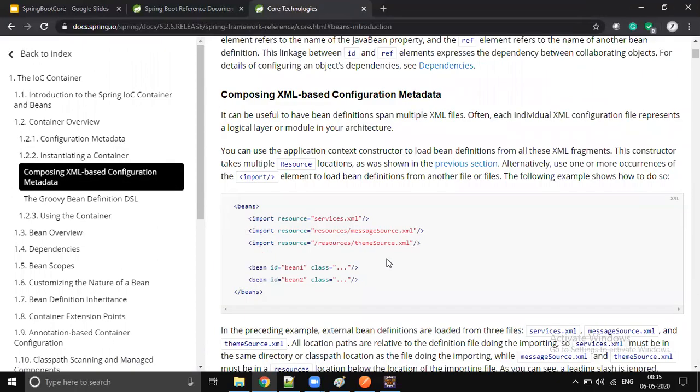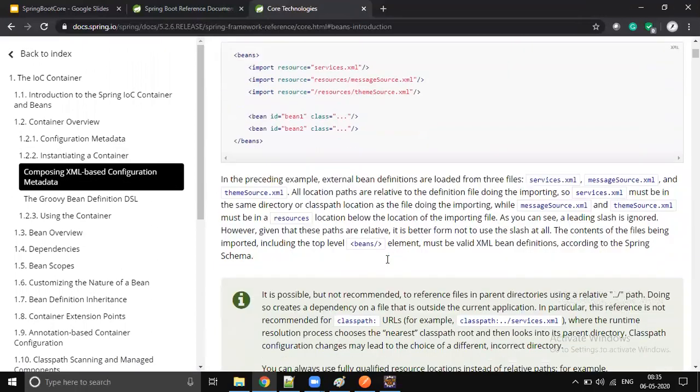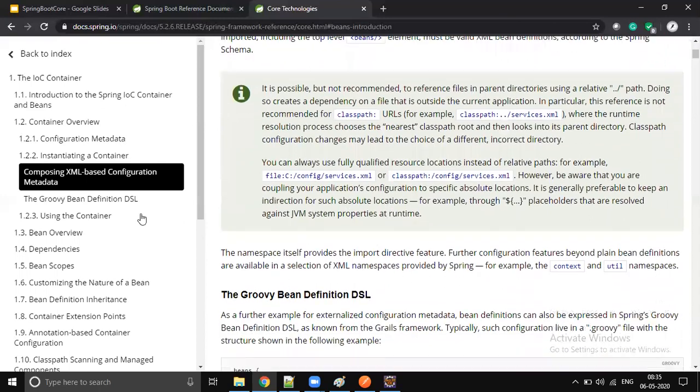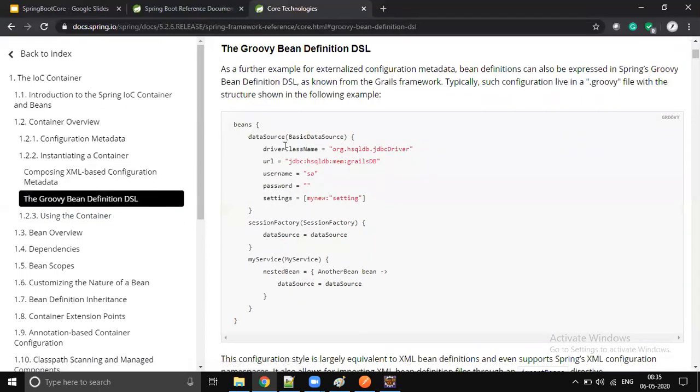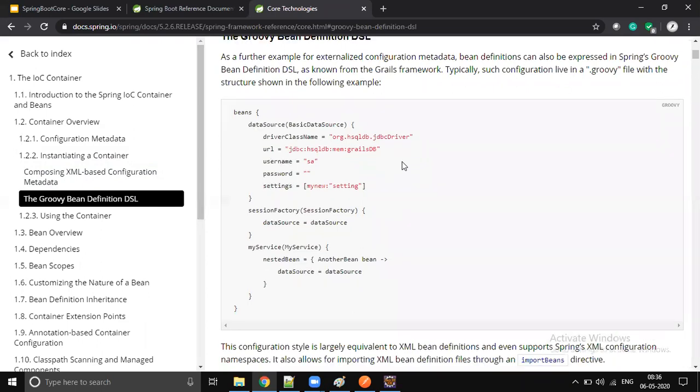And there are a couple of examples, right? So this is all about it. See, here we have Groovy bean definition, right? But we didn't cover this because to know this, you must know Groovy, right? So our intention is not learning Groovy, but learning Spring with Java. That's why there are a few concepts which we may not be covering, which are not important or which are not in Java, right? So those things will not be covered.